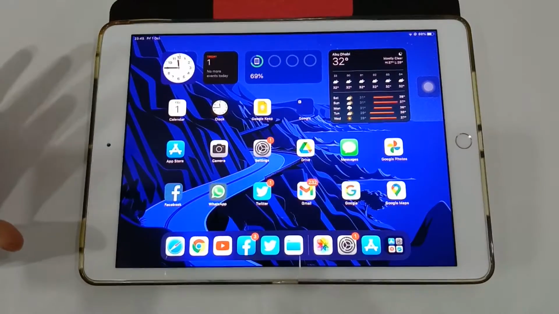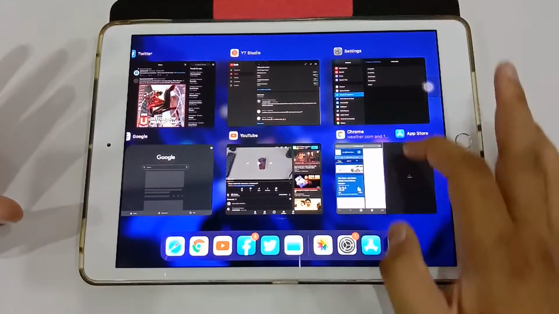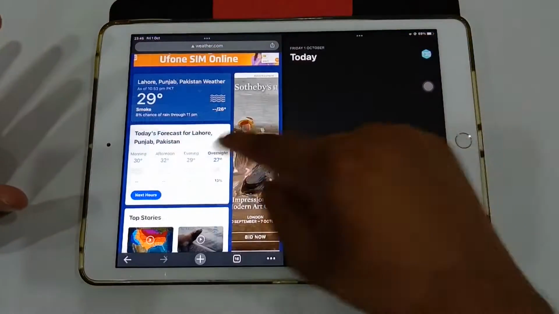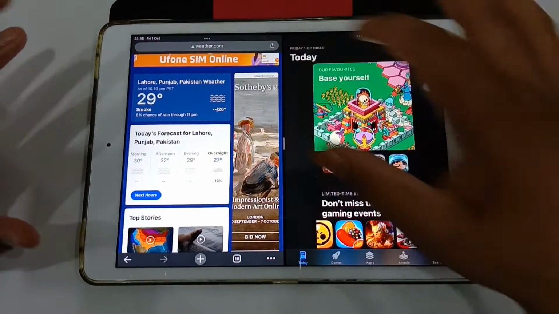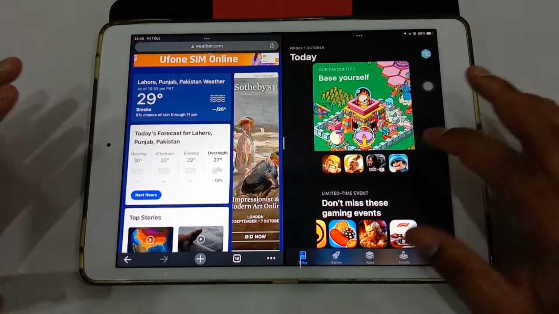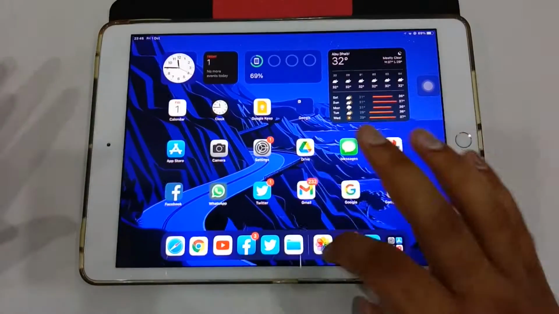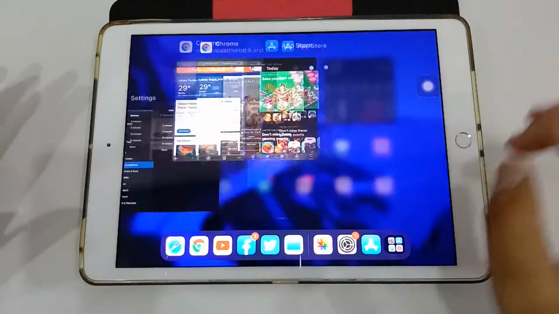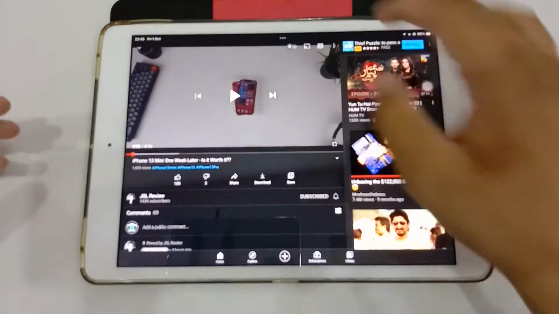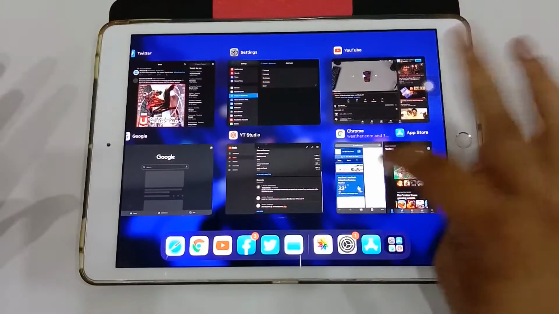There is also some multitasking. When I go to the app switcher in iPadOS 14, this was not possible: having two apps together, where when I click these, both of them open. I closed them in this mode and kept that in the background. Normally in iPadOS 14 and before, these wouldn't stay like that. If you went back to the home screen and tried to open them, they would open in separate instances, like opening the YouTube page like this. But now it saves which apps are open where.